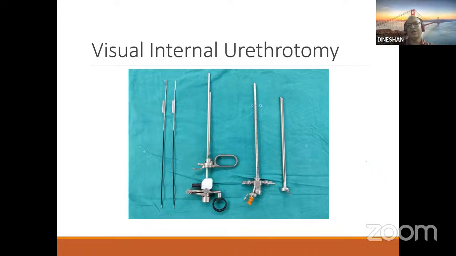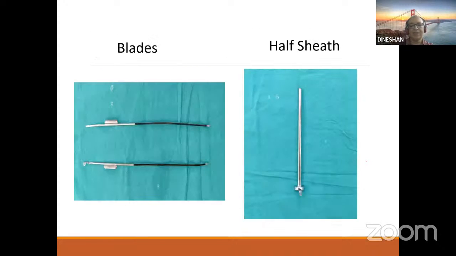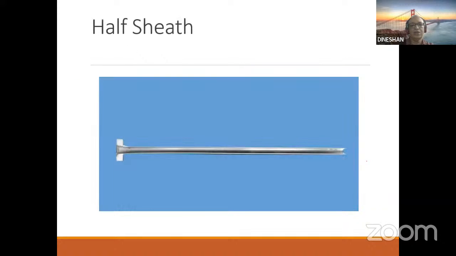And the half sheath always permits a 14 French. So you can see the groove here. This will permit a 14 French catheter, so that through this you can always introduce it.